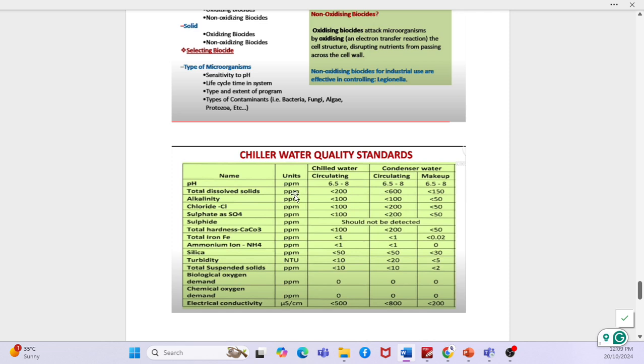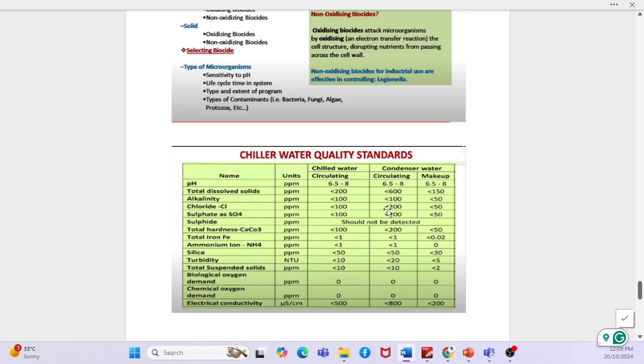Like when we talk about the air, we talk about dry bulb temperature, wet bulb temperature, what properties to be maintained. So that is the properties of the air. This is the properties of the water, where you have different types of material, the particles. For example, if you talk about air, you have oxygen, nitrogen, different types of gases. Similarly, if you talk about water, you have different types of